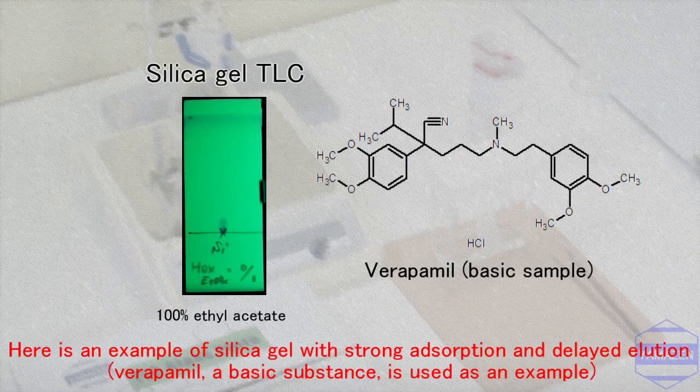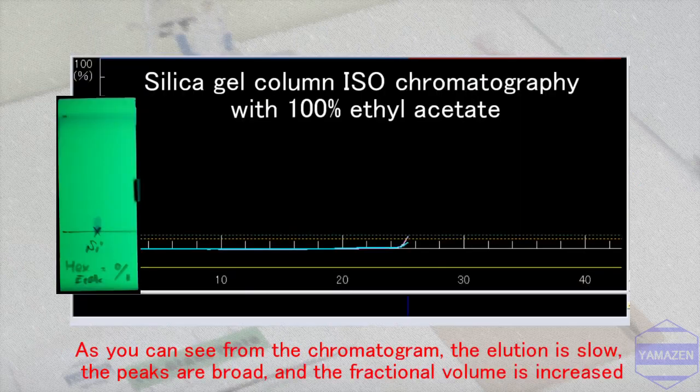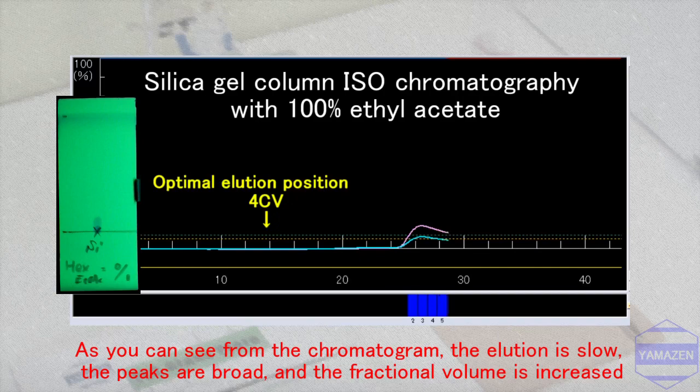Here is an example of silica gel with strong adsorption and delayed elution. Verapamil, a basic substance, is used as the example. The Rf value of this sample is less than 0.1, indicating that the sample is strongly adsorbed. As you can see from the chromatogram, the elution is slow, the peaks are broad, and the fractional volume is